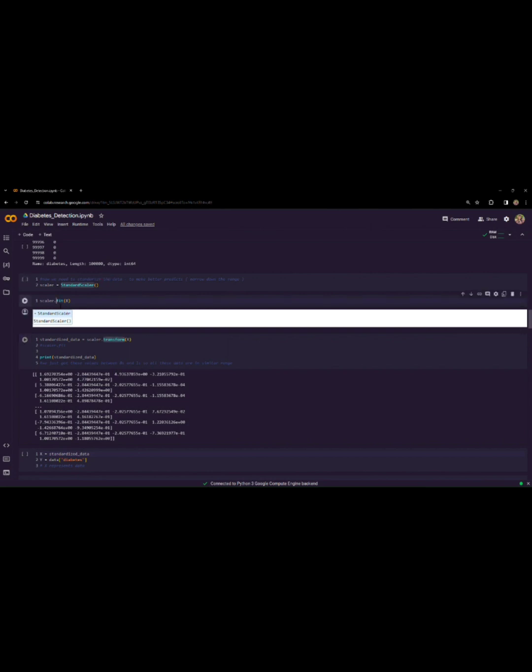And then we call fit. Here it computes the mean and the standard deviation of each feature in the training set of X. Then we call transform. It transforms and standardizes the features using the computed mean and standard deviation. Standardized characteristics are present in the X matrix, and this standardized data is used to train the model.